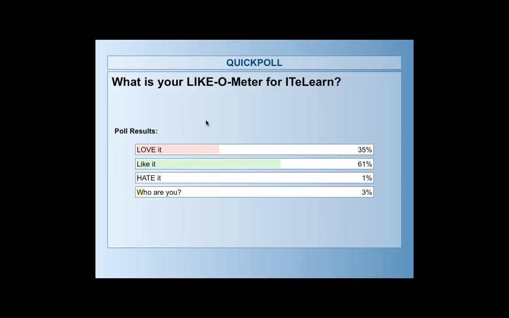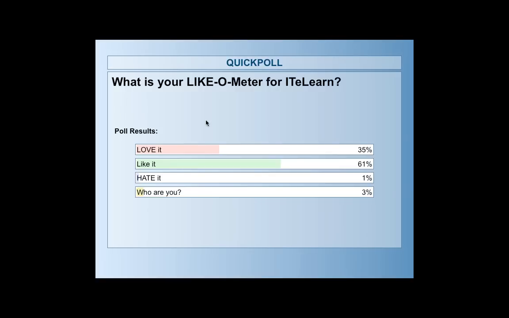1% haters. I want you to do me a favor, please, sincerely. I have a feedback form that I put up. I don't even want to know who you are, but I want to know why. Let me quickly search for that. Actually, I have to find the IT Learn subscriber feedback form. There you go.